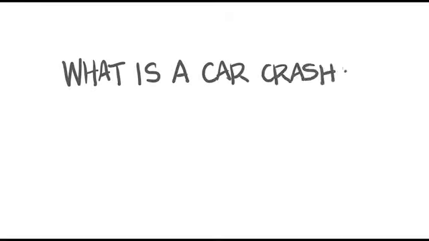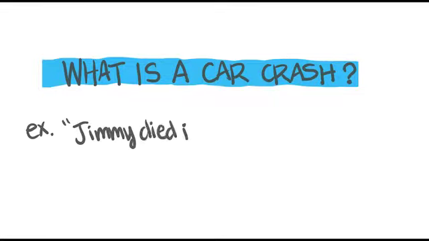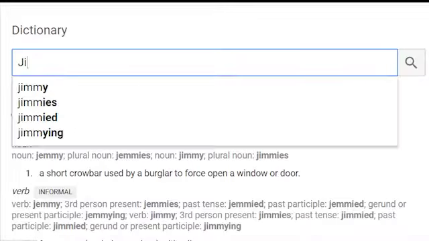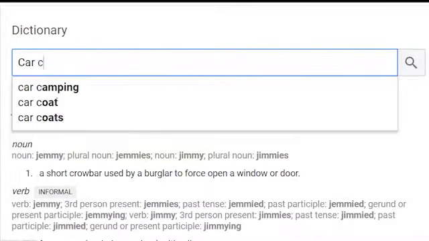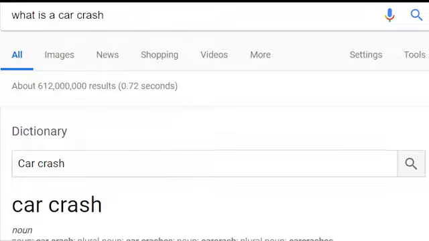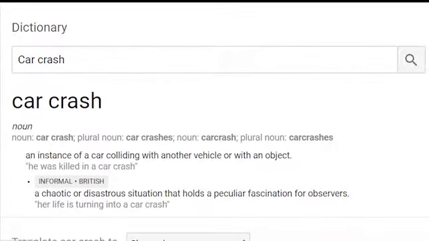Have you ever wondered, what is a car crash? Let's ask Google. Car crash. An instance of a car colliding with another vehicle or with an object. That's great and all, but to really understand what a car crash is, you need to know what's going on